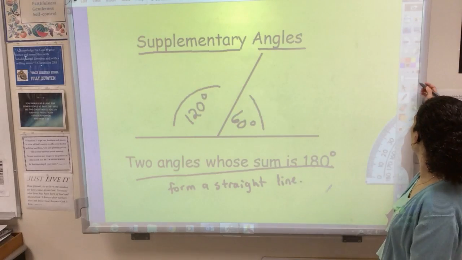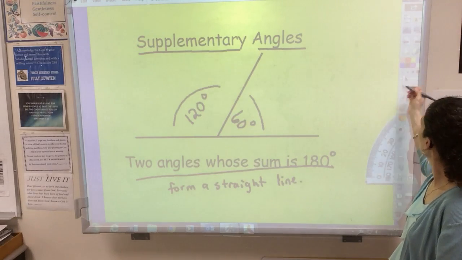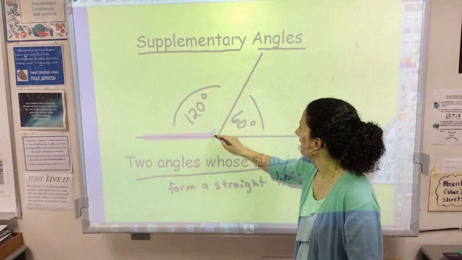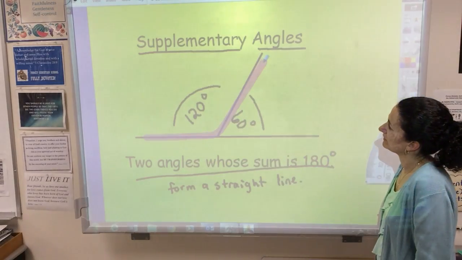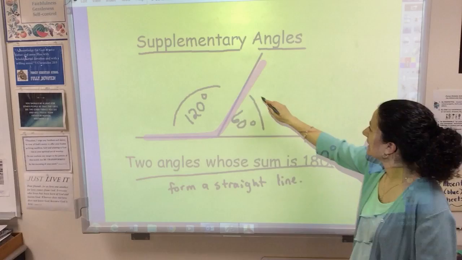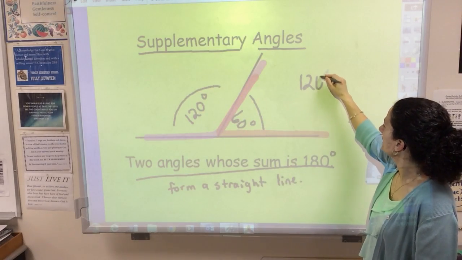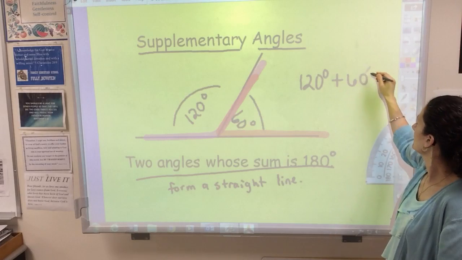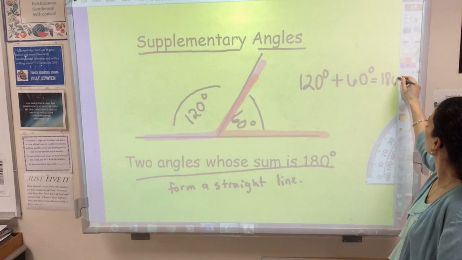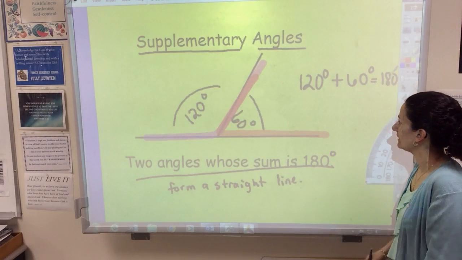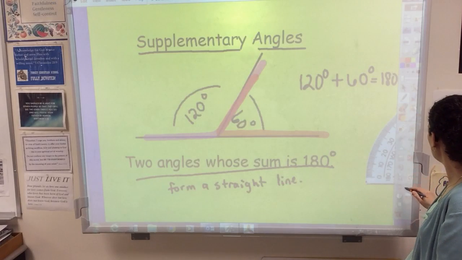So in this diagram here, we have this angle is 120 degrees. And then we have this angle, which is 60 degrees. 120 plus 60 is 180. Doesn't always look like this. You could have a straight line